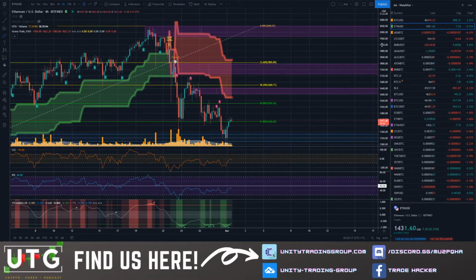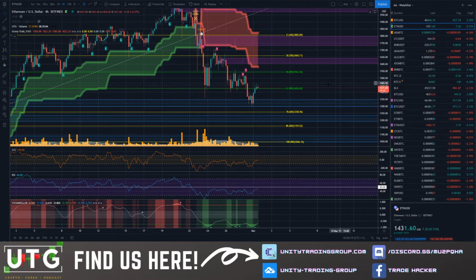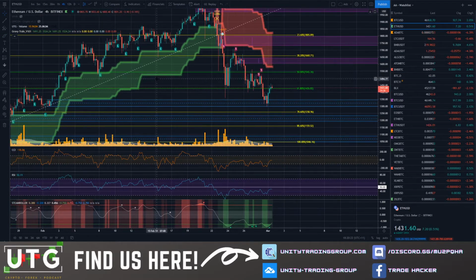Ethereum USD, we'll have a quick look at this. Very similar price action, very similar structure. But in this instance, we do have a significant pivot point at around that 1350 mark, where we did have a movement through our level of demand. So are we going to push up further? Are we going to come down? Well,